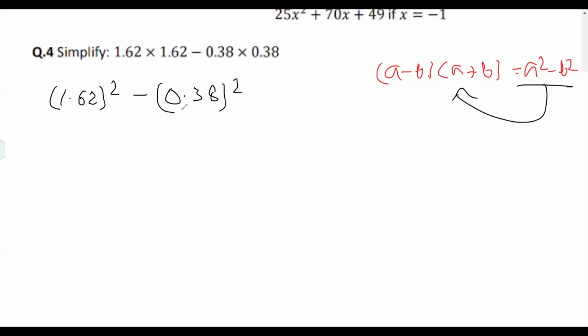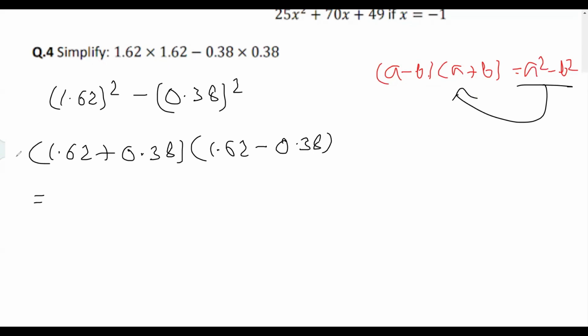Considering this to be a and this to be b, I'll write this as a plus b multiplied by a minus b. Now check here, if you add these, you are going to get 2 here, right? And if you subtract, that is, if you subtract from 1.62,